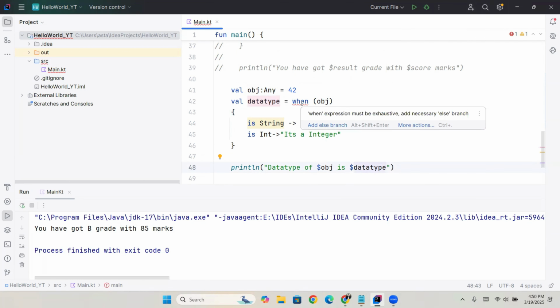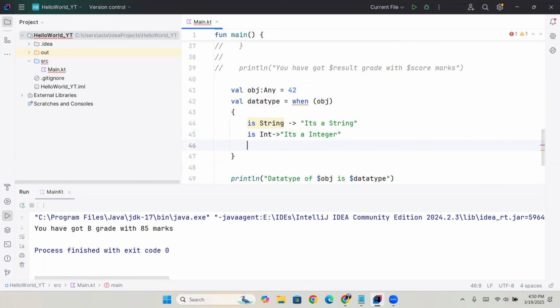Here you have to use an else statement also, and here we are saying don't know. So let's run it and see what is the output. The output is data type of 42 is integer. So when I assign here